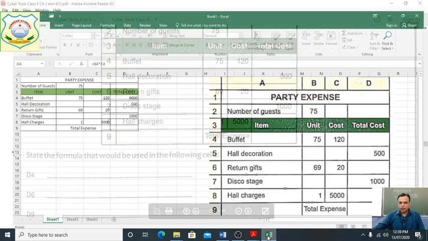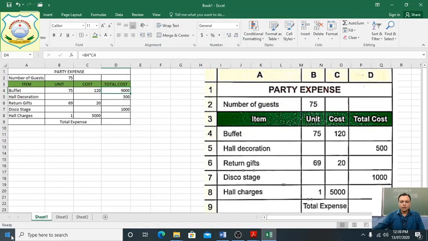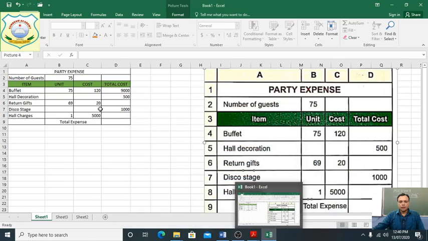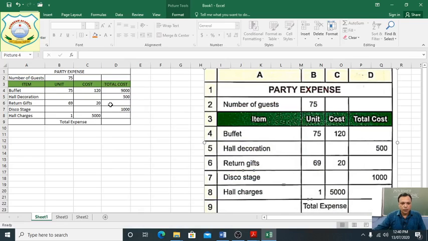Clear, students? Next one is asking D6. Now, D6, students, how do we do it? D6 is here, they are showing D6. Similarly, equal sign, then B6.